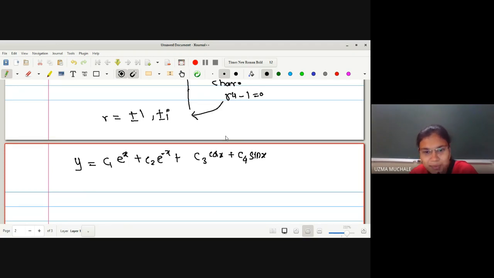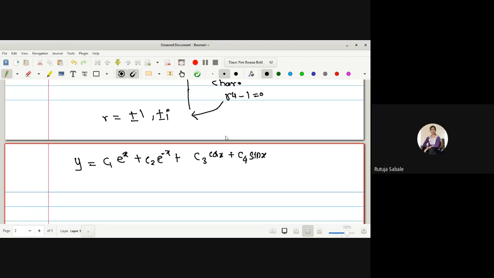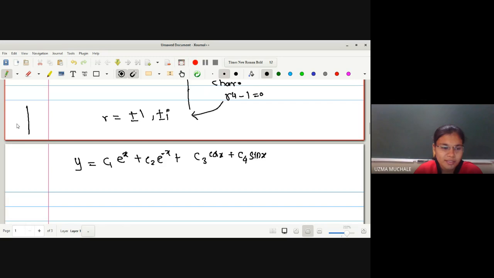No doubt your answer is correct, but you should tell one more thing to include that. Have you seen the graph of e raised to x, anyone? Yes, ma'am. What is the graph? It is in this form, no? And e raised to minus x means it is in this form. So whenever you see this graph, it is no doubt increasing, but it is not going to touch your x-axis anywhere. What do you mean by not touching your x-axis? It means its value is never going to vanish.